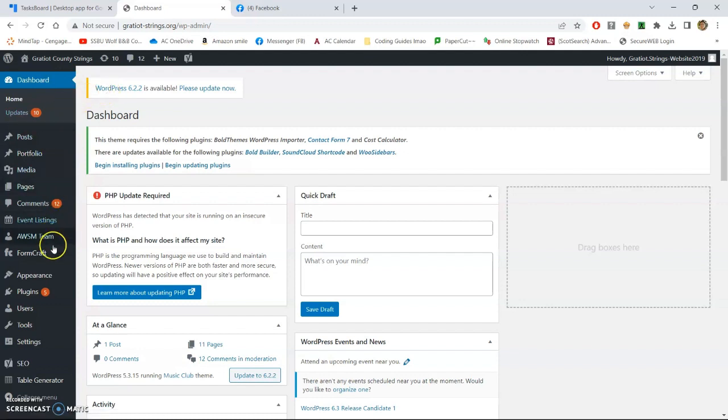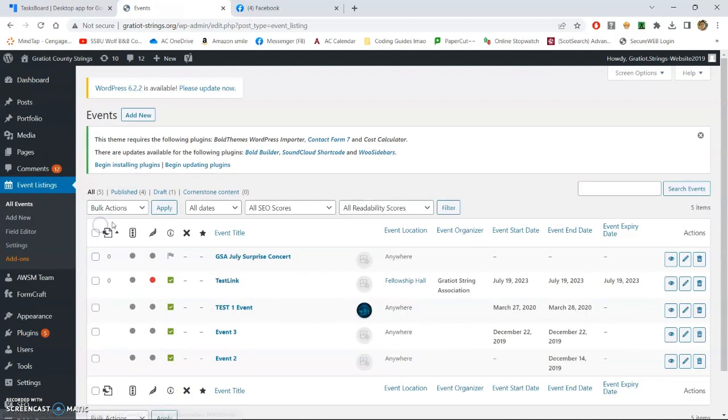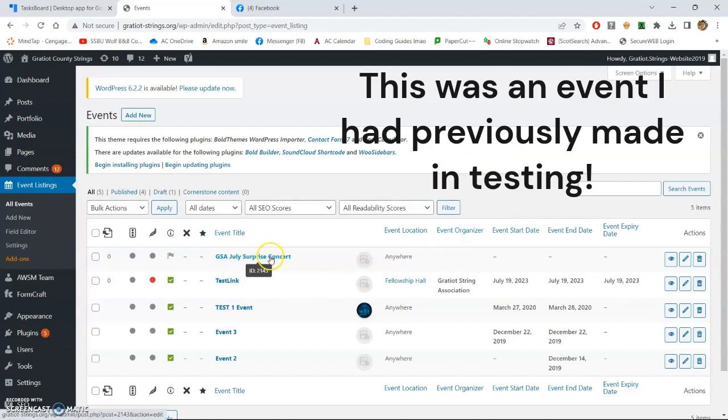We have this menu with a bunch of actions, a bunch of places to go. The place we are looking for is event listings. Similar to Dashboard before, you bring the mouse over to event listings, hover over it for about half a second, and then it will have this little drop-down menu. You would click on all events to be able to go to the menu where we can see all of our events. So we have this GSA surprise concert